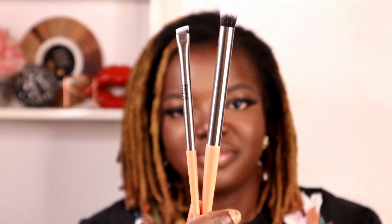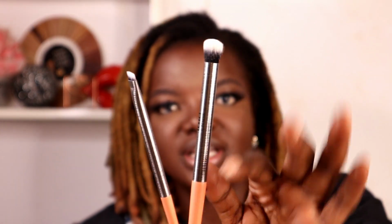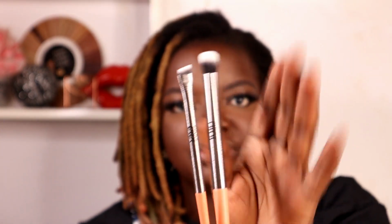And I also got some brushes. She has her own, I think, just defined for the eyes. These are the two brushes here. I actually like the color. Let's see. So these are the two brushes. So this is a blending brush, and then this is the angle brush. This is what